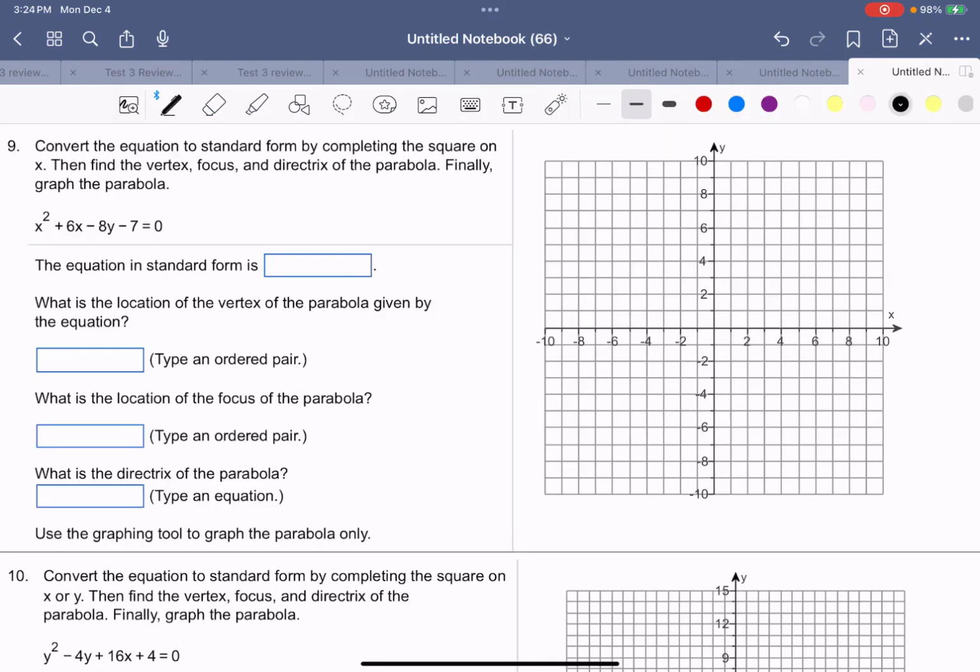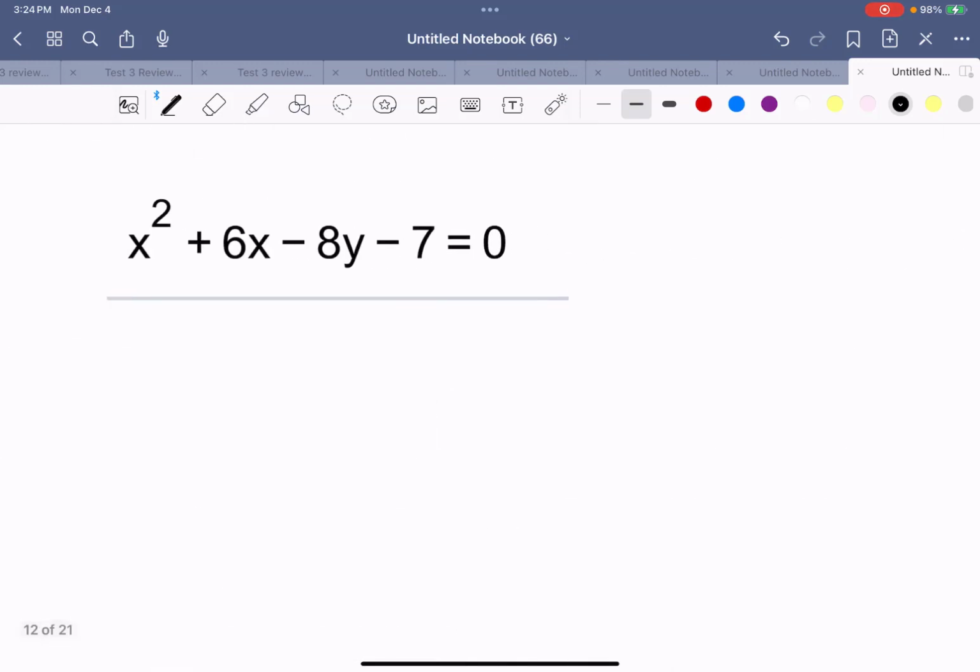Example number 9. Convert the equation to standard form by completing the square on x. Then find the vertex, focus, and directrix of the parabola. Then finally, we need to graph the parabola. So here's my equation, and the reason they tell me to complete the square on x is that x is our squared variable. So to complete the square on x, what I have to do is take half of this 6,